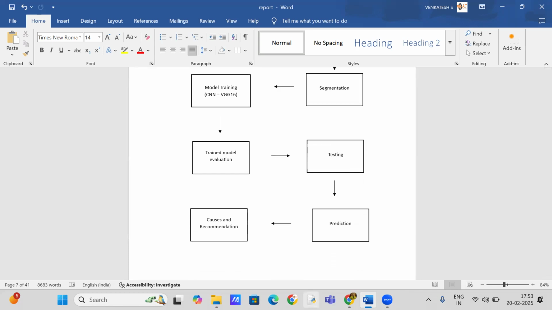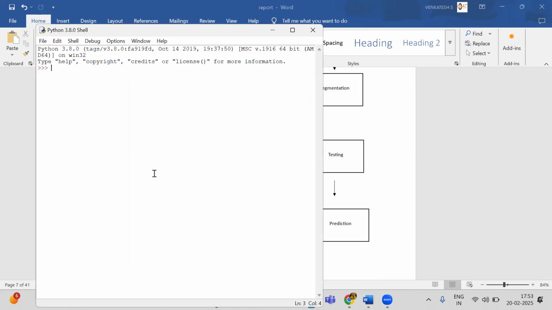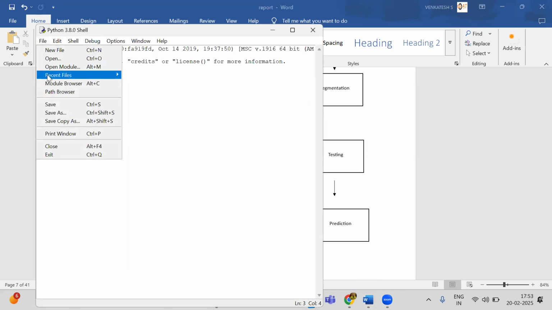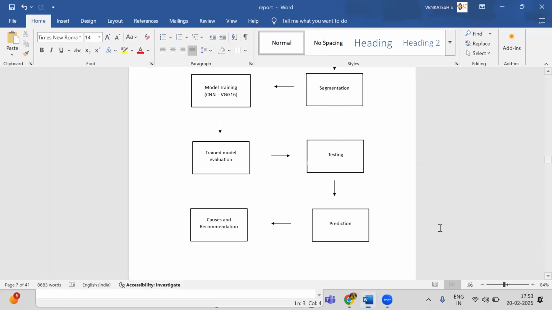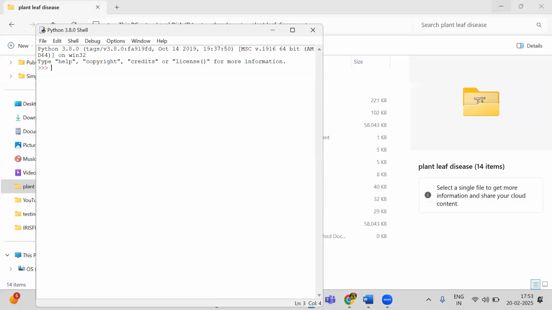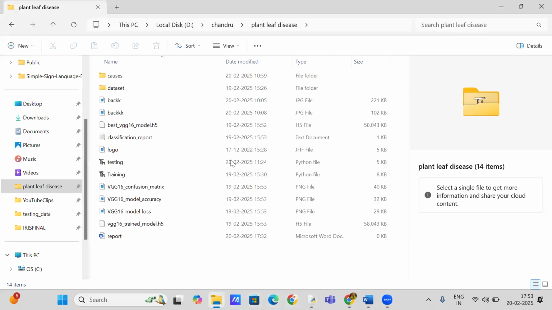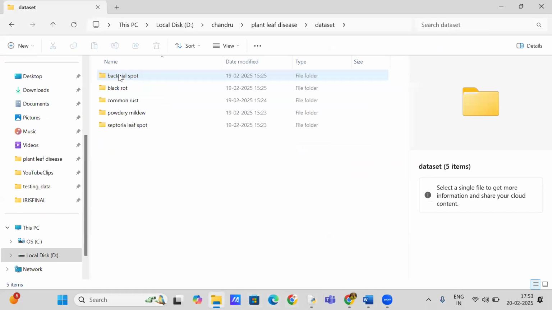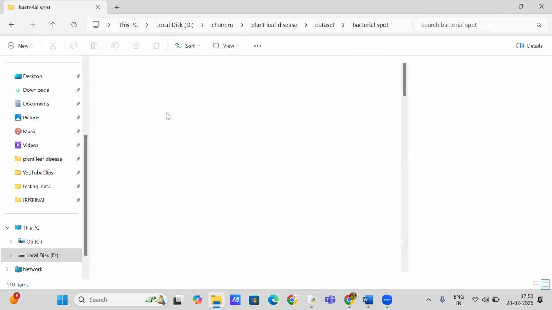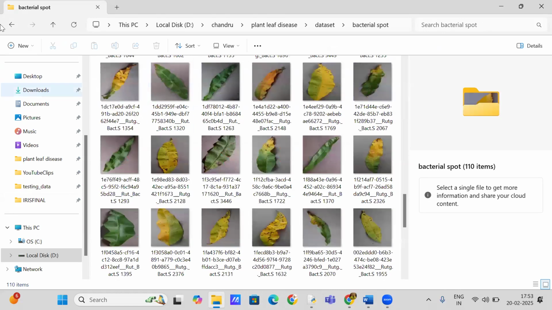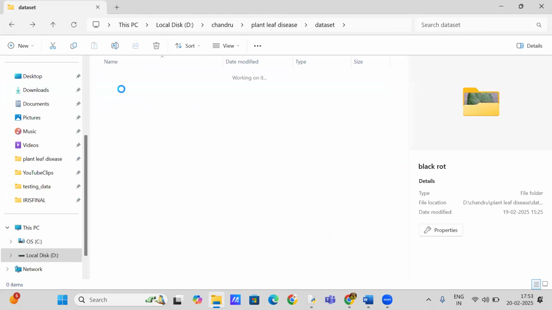Now I'll show you our training code, you can see. Before that I will show you our data set. This is our data set. Totally I have five classes. This is bacterial spot. These are the bacterial spot, the black rot,